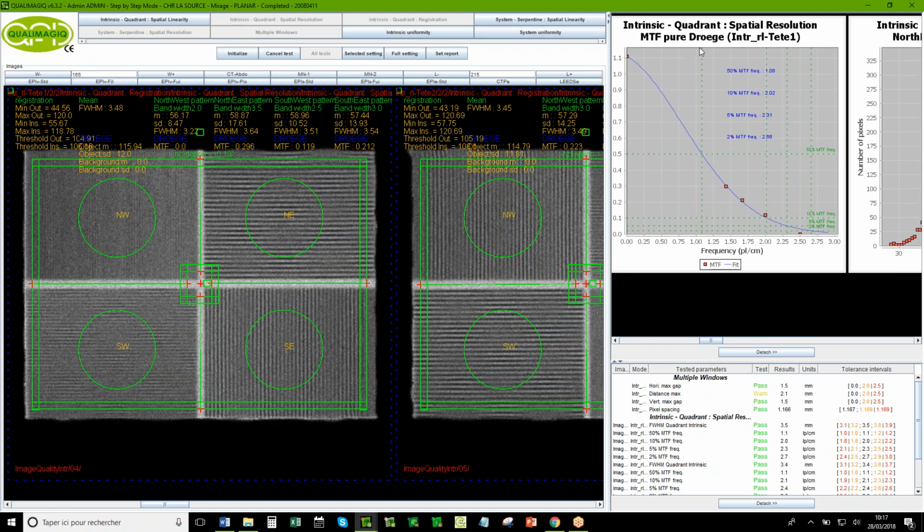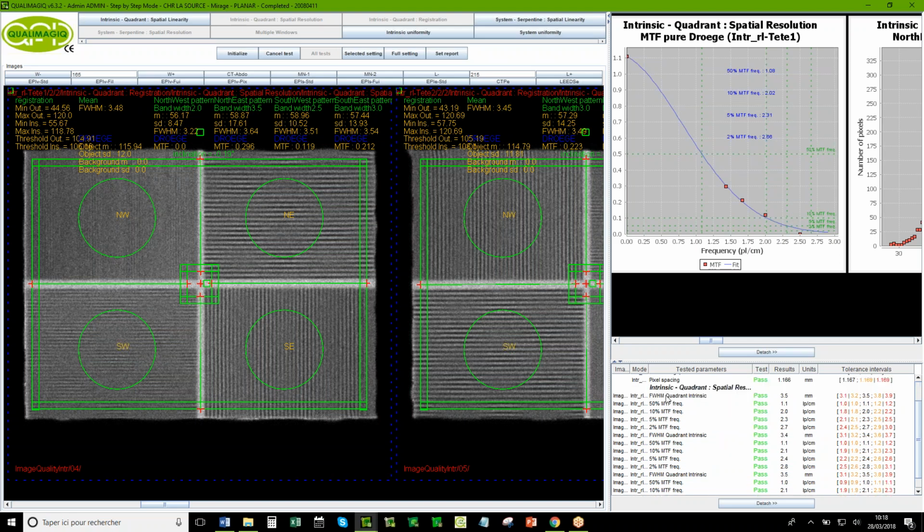These 2 medical physicists proposed a solution to get the MTF of the system with a bar pattern phantom. It's a very old method, but the problem is that you have only 4 frequencies, and the rest of the curve is only an interpolation. Okay, and after you can measure the MTF of the system. Here, the 50%, 10%, 5%, and 2%.